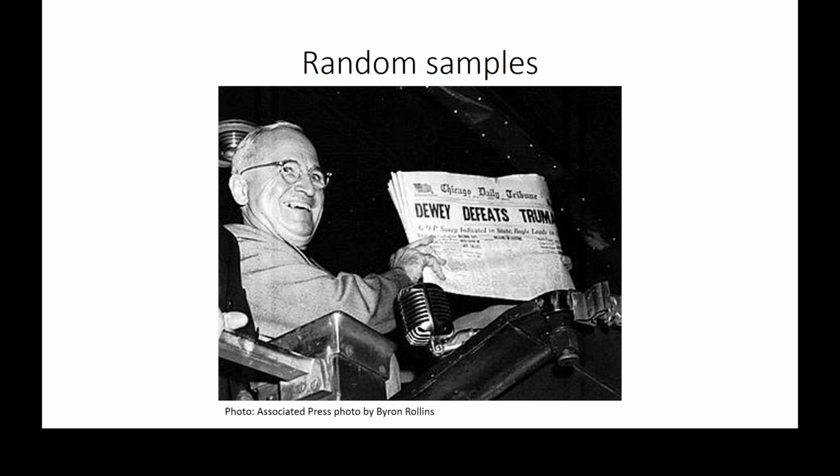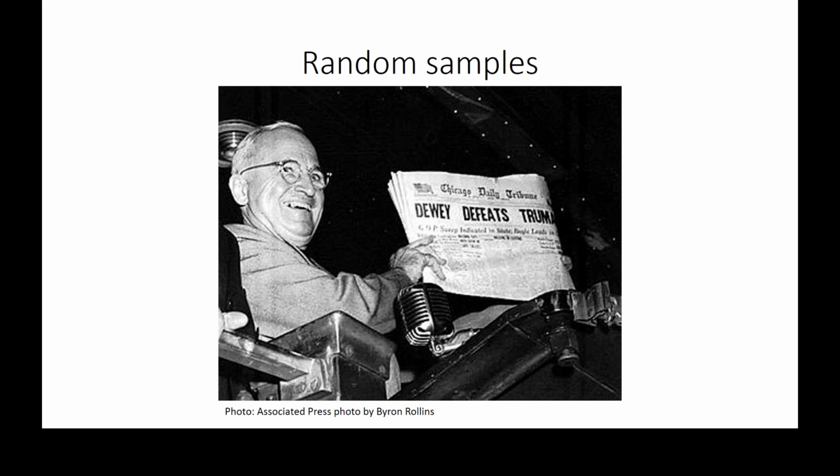And then they would end up with a sample that looked like a random sample based on the factors that they selected on. So if they had, for example, race and gender and income bracket, if that's what they selected on, they would end up with a sample that looks like a random sample across all these measures, but it's not actually a random sample.